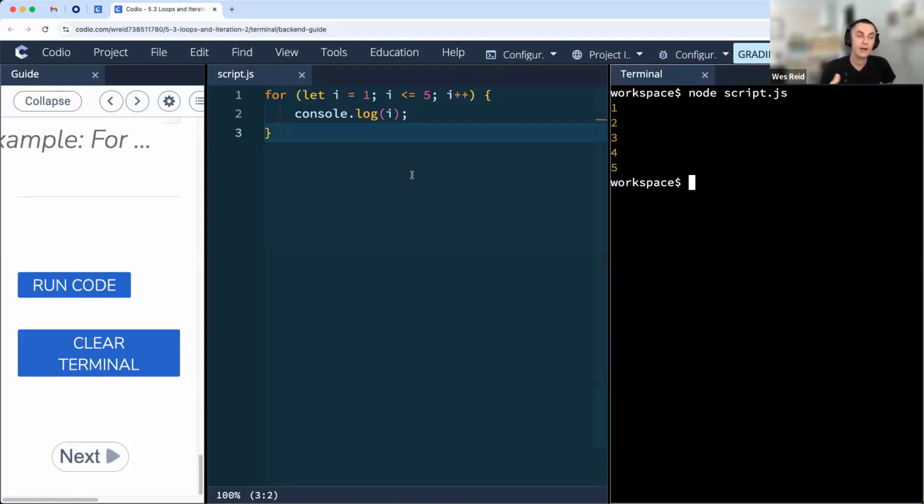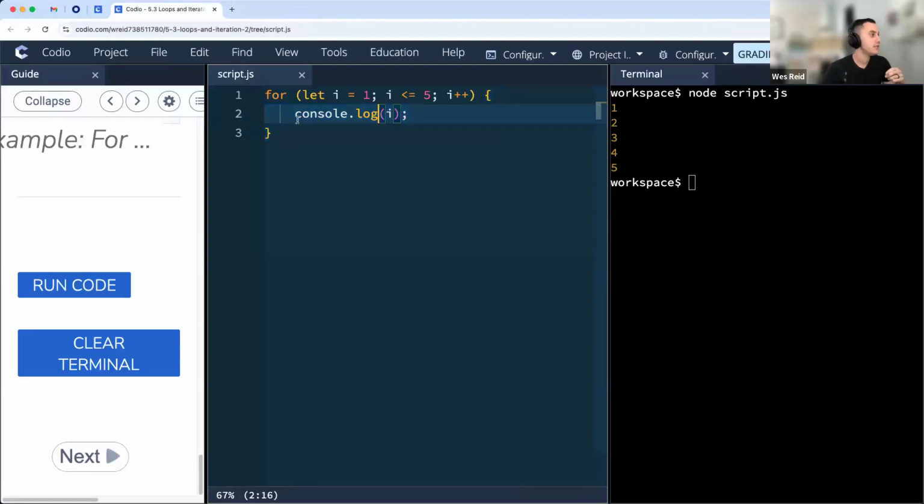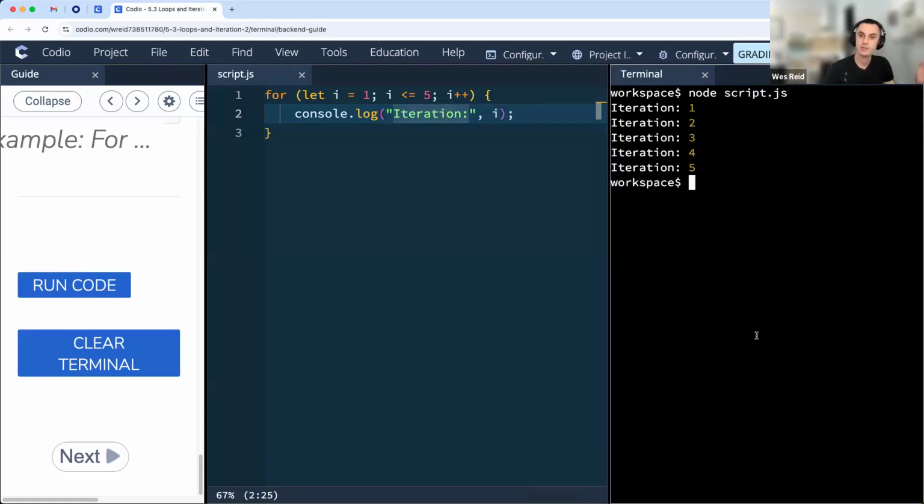Okay, so let's see how we got to that. So for our for loop, we have our for keyword. We need to set that up. And then we have our parentheses. We'll talk about everything within the parentheses in just a moment here. The block of code that we're going to run on each iteration is this console.log statement. This console.log is going to print out the i variable, right? So at every step of the loop, we're just printing out the i variable. I can, of course, adjust this. So for example, I wanted to say iteration, perhaps, as part of that. We can rerun this, and we'll see